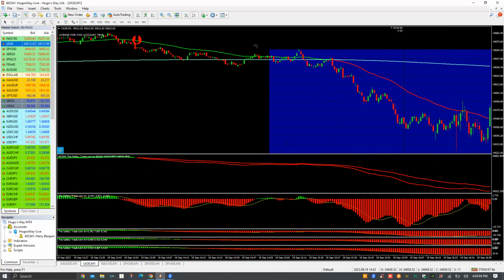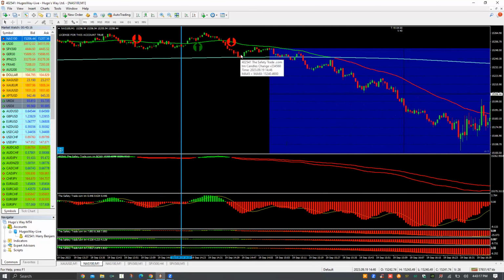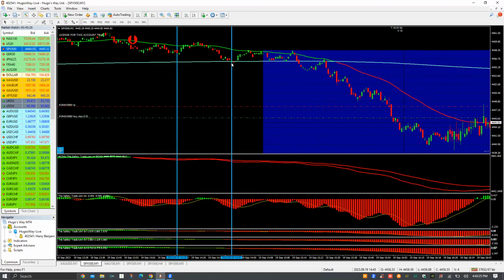I was up that end, yes. Yeah, right here. 1503. Right? That's where I was at first. Yeah. So if we come down here, we cross first, US 30 cross here, and then we'll put NAS on. You see, NAS didn't cross until, you could call that the cross, right? The touch, but right, NAS crossed there, and then SPX crossed about the same time.